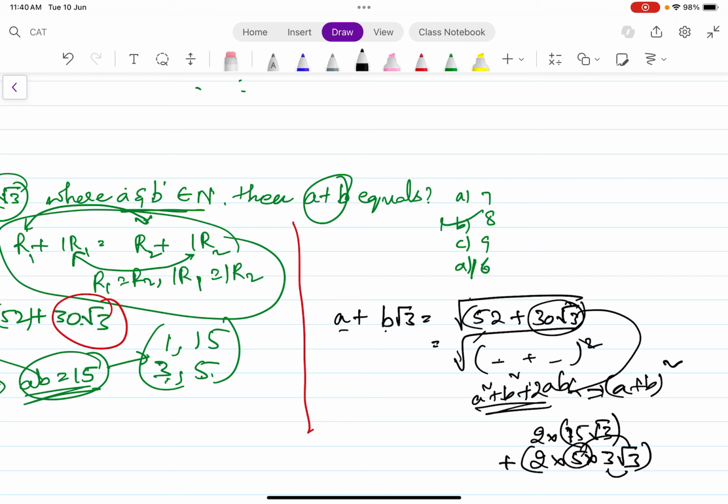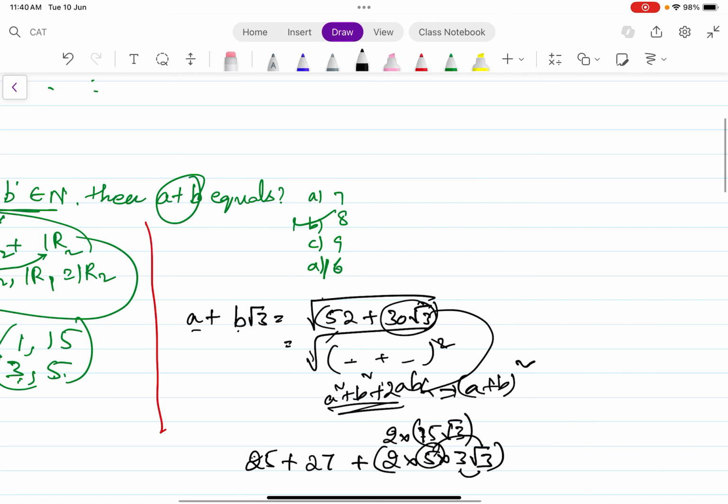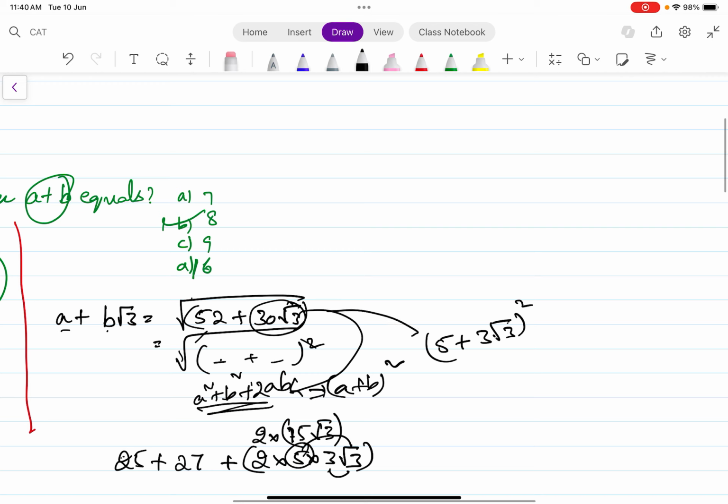Let us take a is 5. So if a is 5, a square plus b square would be 9 into 3, 27. So this satisfies our assumption that 5 plus 3 root 3 whole square, if you expand this, you get 52 plus 30 root 3. Therefore, I can write this value here,